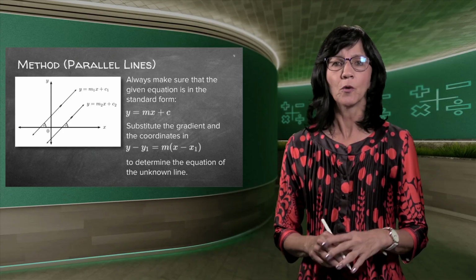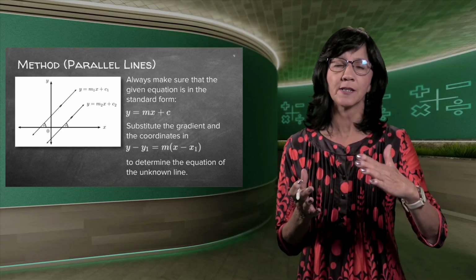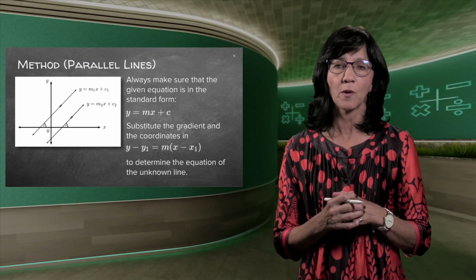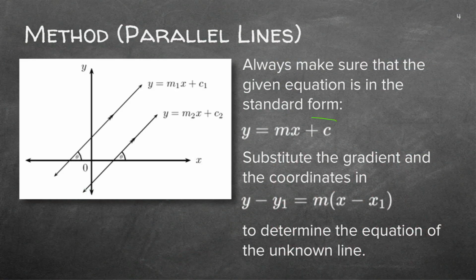So normally they give you one line's equation, and then they ask you to find another line's equation, which is parallel to that one. The first thing you do is very important. You make sure that the y is all on its own, so that you have the standard equation of the given formula. Because you're going to need this m. This m is going to tell you what the slope of the graph is. And if they say another line is parallel to this line, it means that you need this line's m. You need nothing else of this line. You only need the m, the gradient.